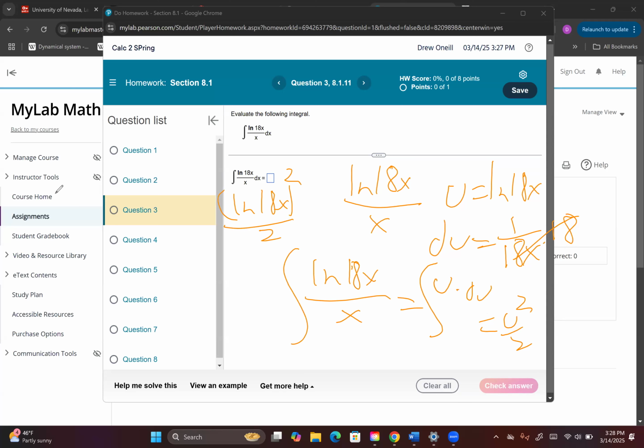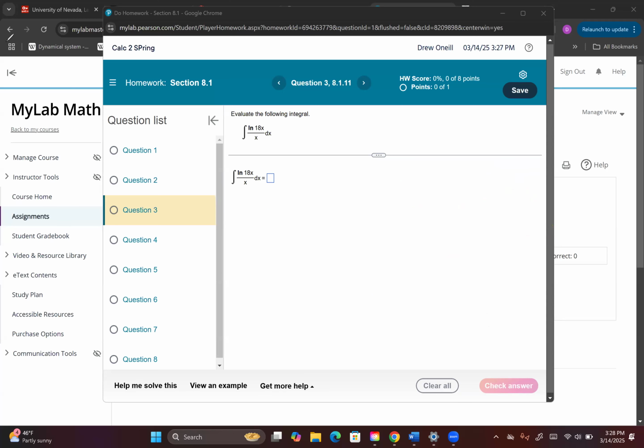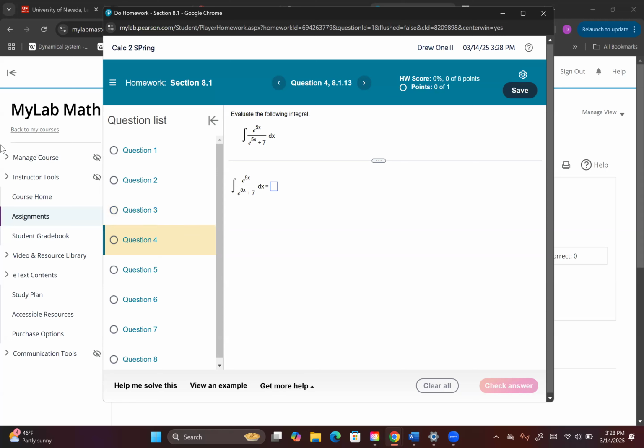And if you don't understand what I'm doing, check out the help and see if that helps too. I don't expect the video to make it obvious, but then again, it doesn't have to be. But we're doing u sub, and what I'm trying to convey right now is there's going to be multiple options or paths of what u could be. But you're going to see by trial and error, whether it's pencil math or writing it out, that one will give you the du you want and one won't. Okay.